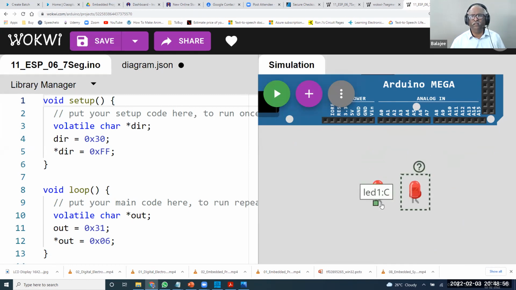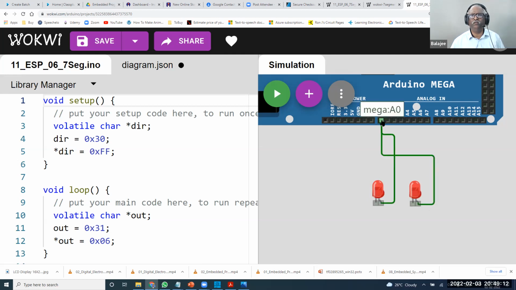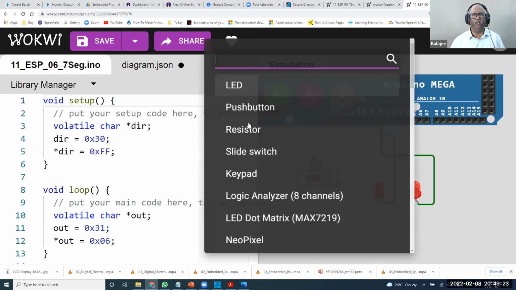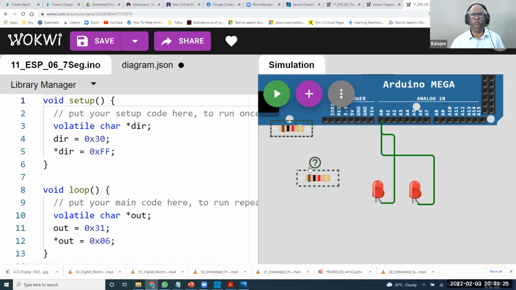Now this anode is connected to pin 0. Now this anode is also connected to the same pin. One pin is controlling both the LEDs. Now I add a resistor. I add another resistor for another LED. Am I right? Now this one I connected to this one. This one I connected to the